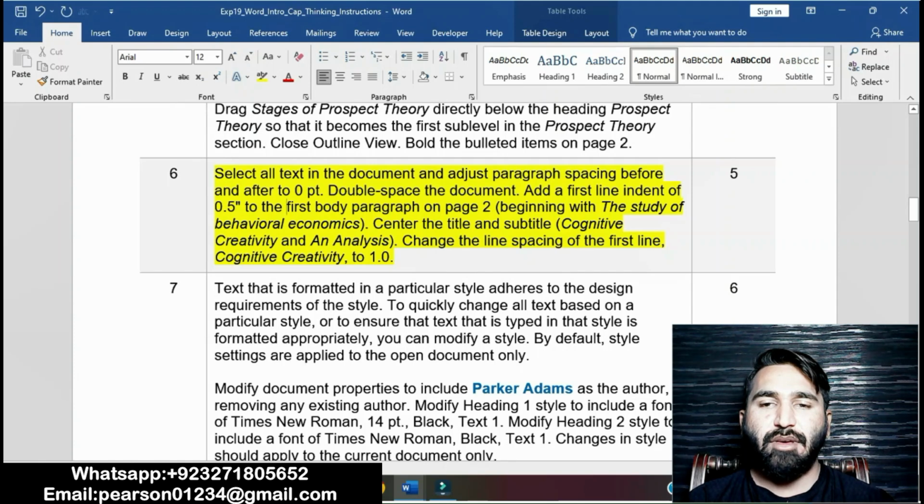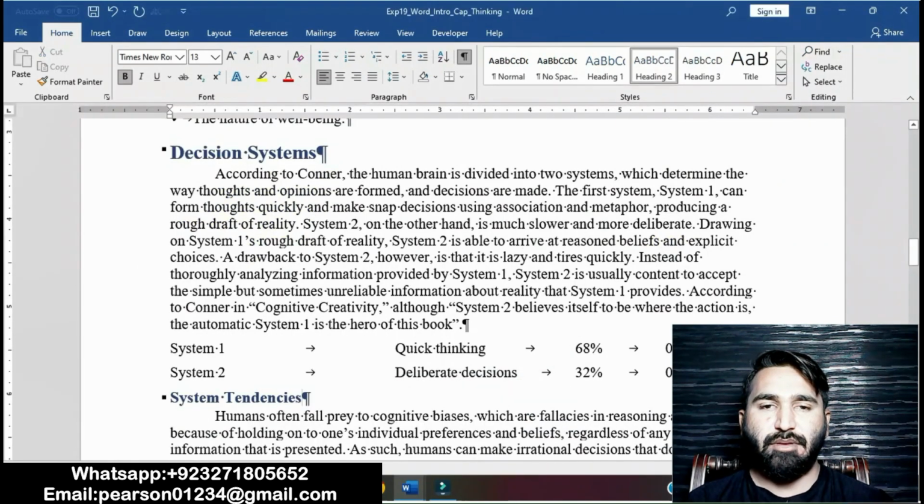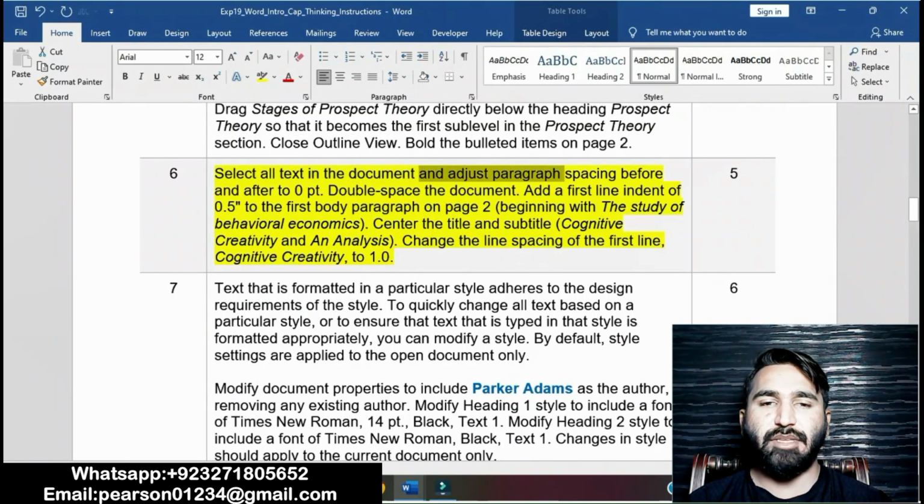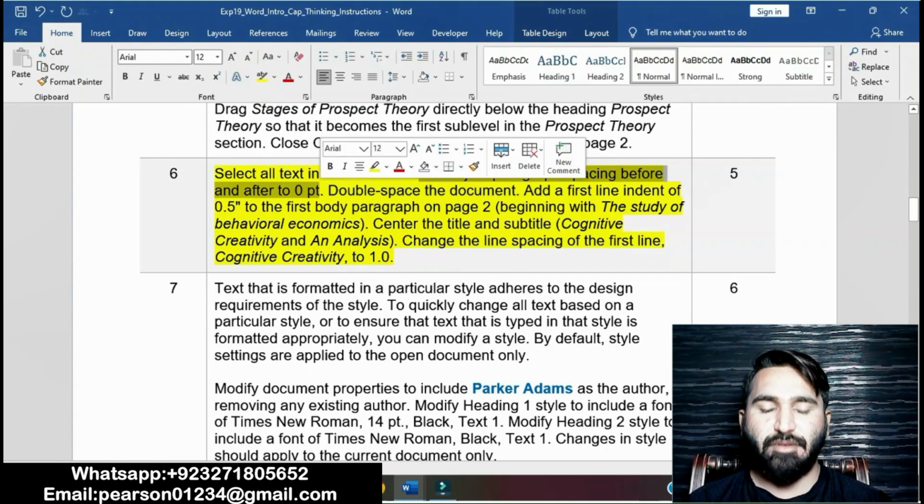Change the line spacing of the first line cognitive creativity to 1.0. Okay, select all text in the document and adjust paragraph spacing before and after to 0 pt.